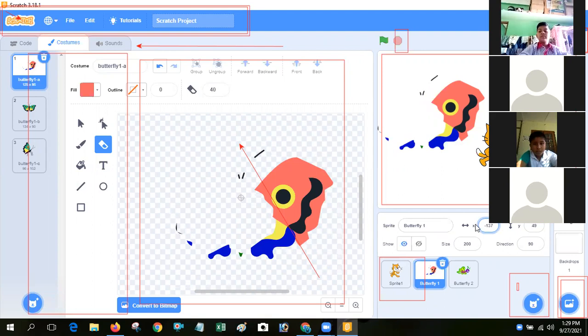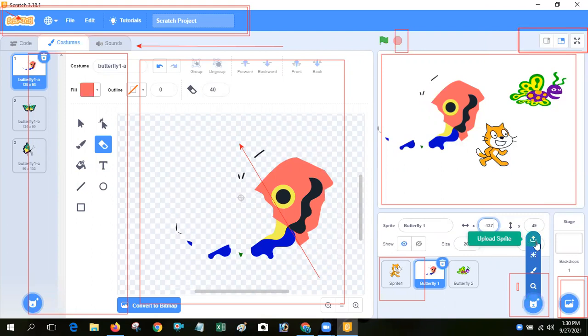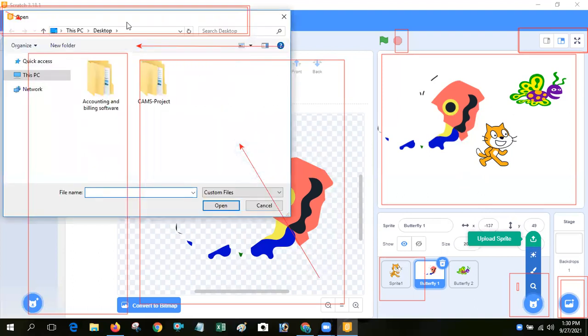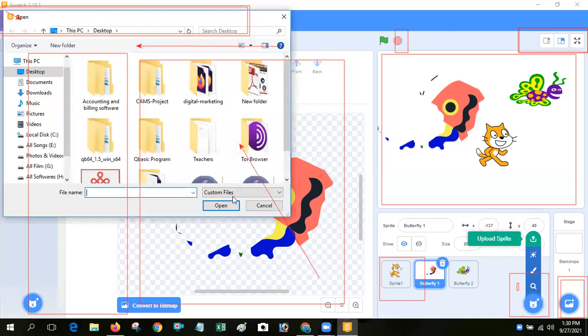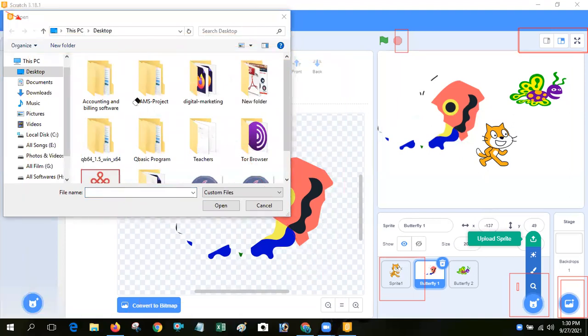Next, you can see upload sprite from file. How can we upload a sprite from file? So simple, just click on the new sprite button, and next click on upload sprite. So upload your sprite.